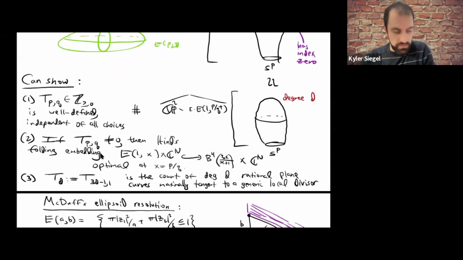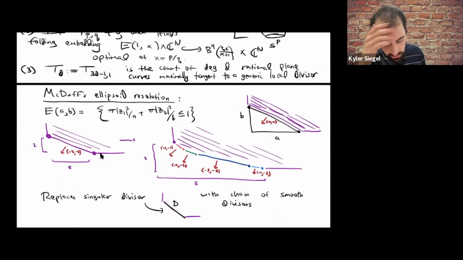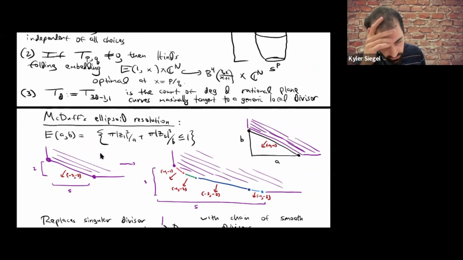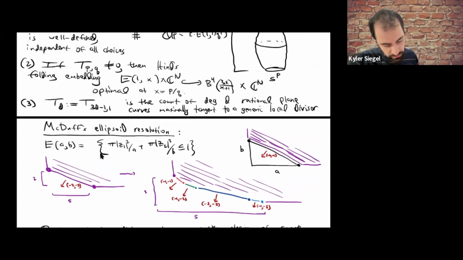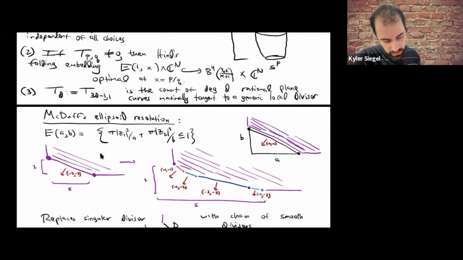Okay, so let me mention also, in the 4-dimensional ellipsoid embedding problem, there's a very beautiful picture due to McDuff, which is basically describing a resolution of the ellipsoid E(a,b). So the picture is the following. Imagine that you had